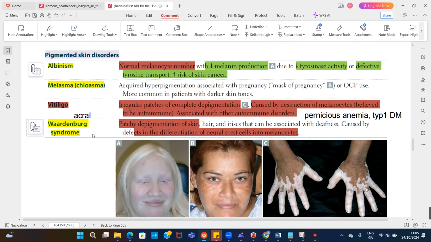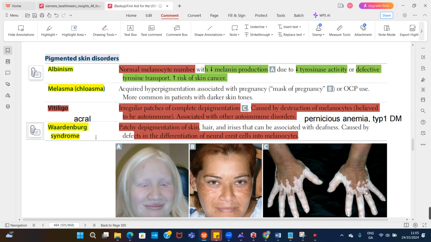Do we have a good understanding of the pigmentary skin disorders now, or is there an area? I just wanted you to repeat your name, Monique, on the PBC for Waardenburg syndrome. The PBC